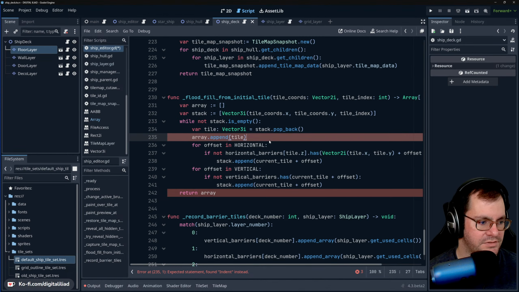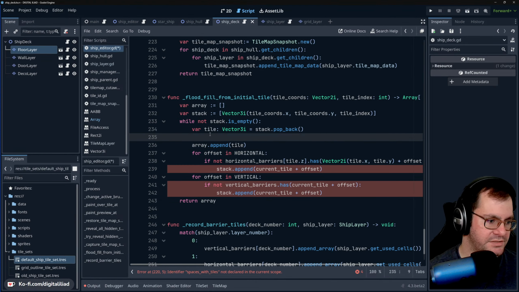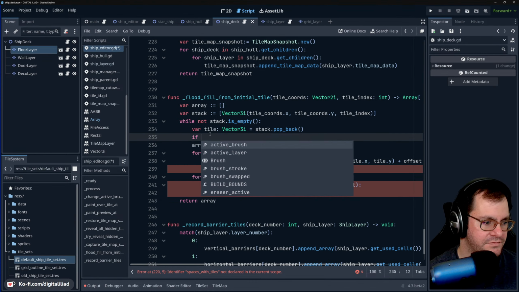The stupid ant. Okay. It's like, why doesn't that work? Okay. So we just append the tile, whether it's an empty or an occupied tile. Actually, what we should do, we do need to check, but the check needs to be if